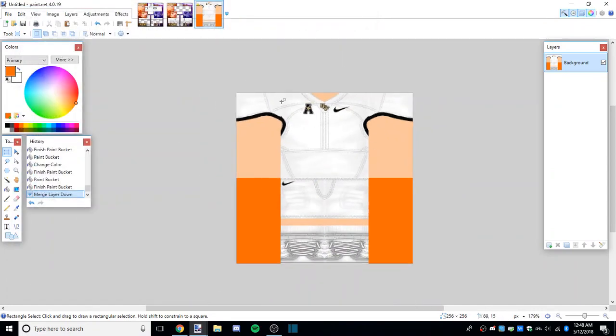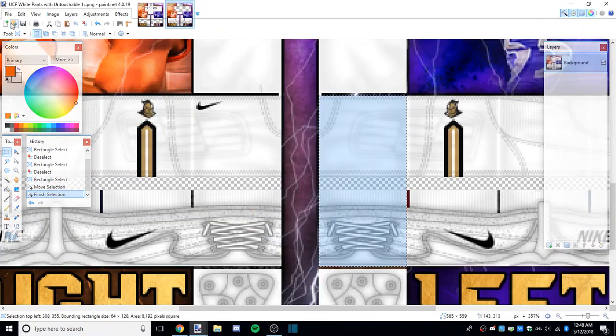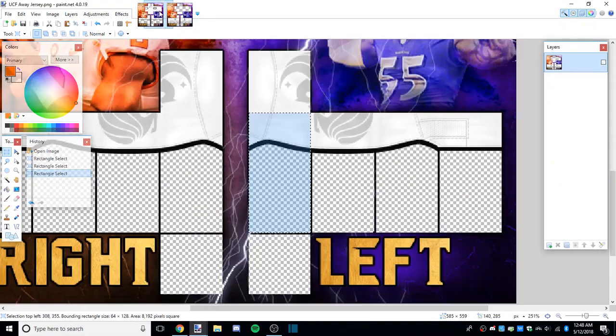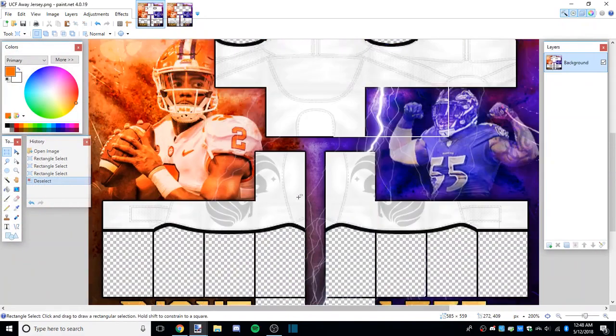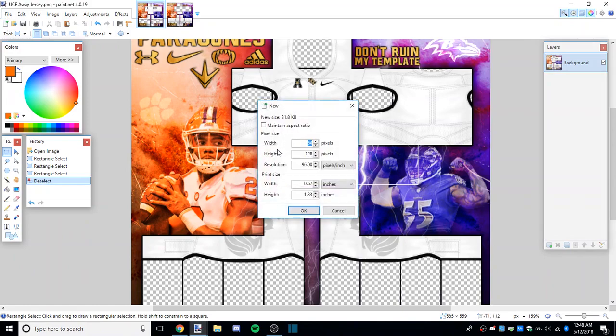So now I'm going to show you the way that you do it without the template, the way I like to do it. So first, you have to remember these dimensions. Click a new page. Width will be 256, which is the arm plus the torso plus the arm in pixel width, and the height, because your character is technically a block, 256, it'll be a perfect square.